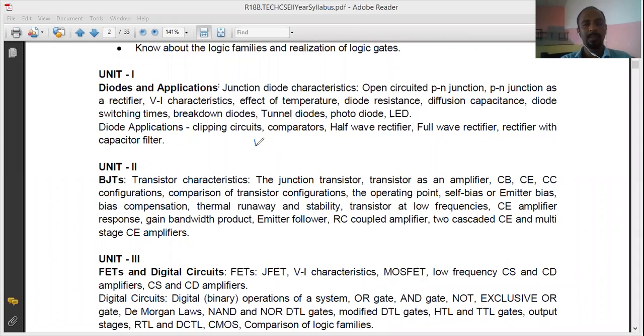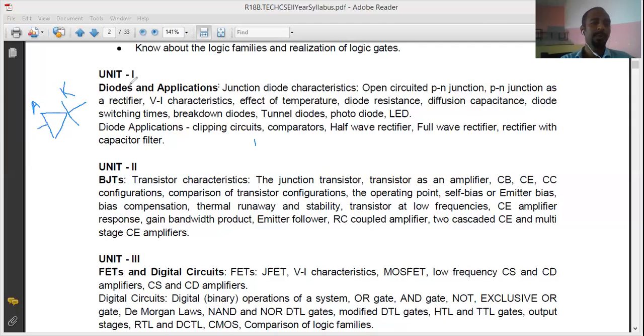Why is it called emitter? Why is it called base? Why is it called collector? Before that, let me simply draw and recollect your understanding of a diode. What is a diode symbol? This is the diode symbol, and we call this the anode, represented with A, and the cathode, represented with K. Cathode is negative, the N type, and anode is positive, the P type.